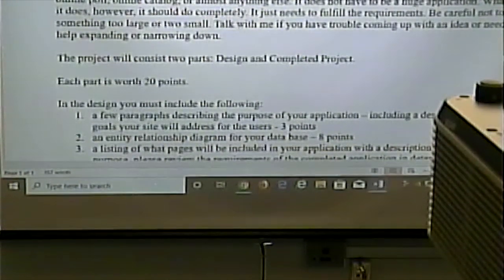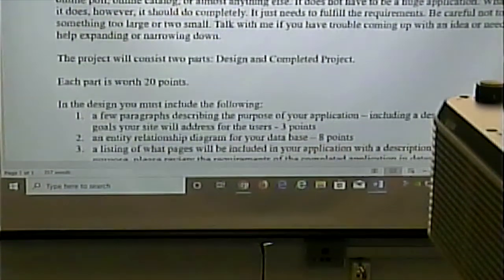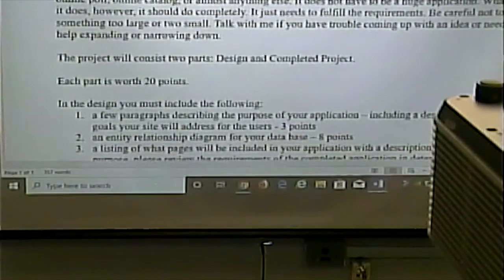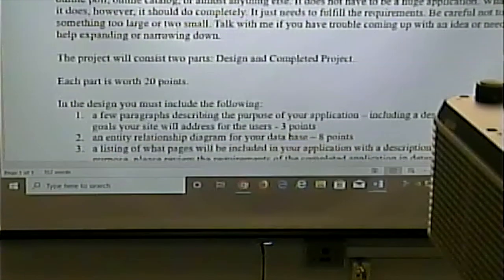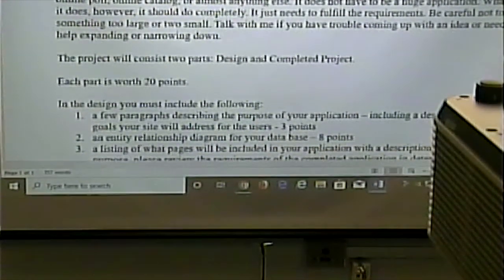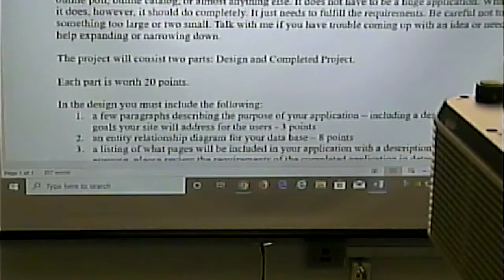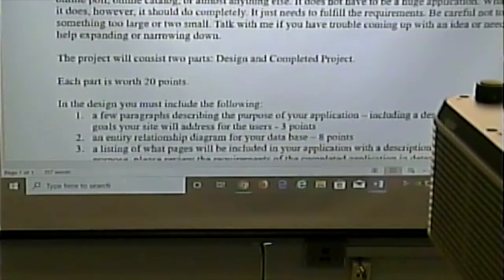All right? Again, I mentioned grade book. It might be a lot to develop a complete grade book where you can create classes and add students to classes and do all that stuff. That would be essentially recreating Canvas. But you could take a small aspect of that and say, I'm going to assume the database is already populated with this stuff, and I'm going to do this part of it. Entering grades, calculating the final grade, there you go. All right? If you have trouble and you're not really sure about your idea, and you think it might be in need of being scaled down or scaled up, then talk to me